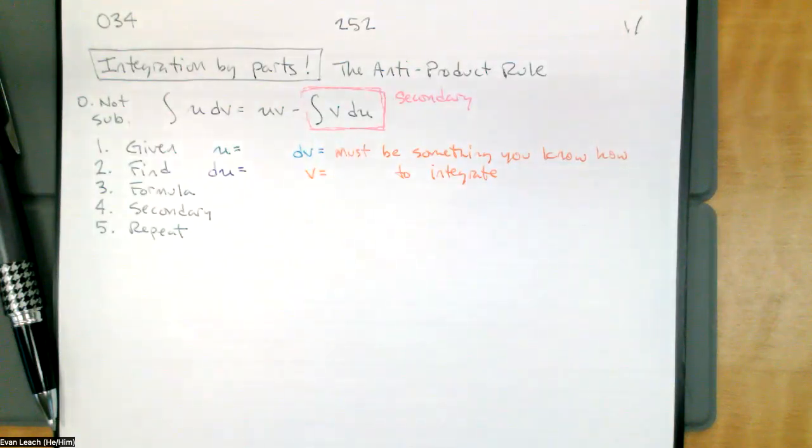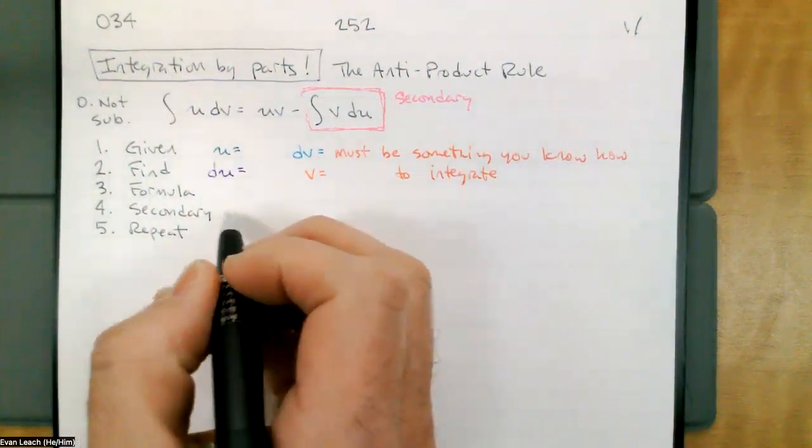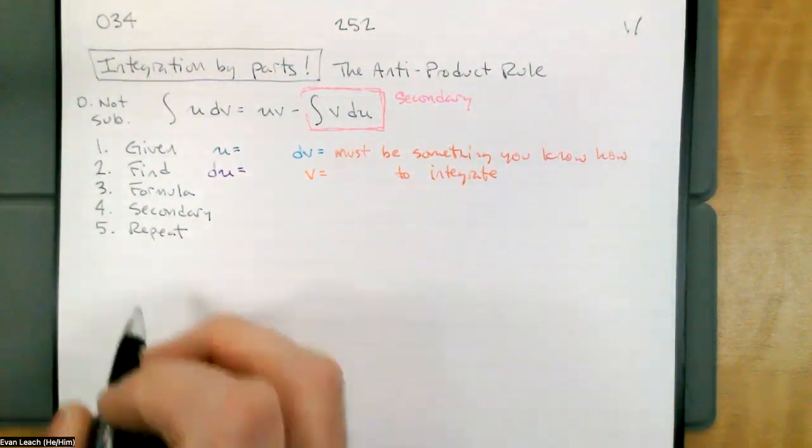The reason that we say repeat at the end of the process, it hasn't come up because we've done all of one example. The reason that we say repeat is sometimes the secondary integral is a parts integral. When you go through the process again, I still call it a secondary integral because I don't know what comes after a tertiary. Tertiary? Third one. And I haven't come up with a replacement for secondary integral. So,